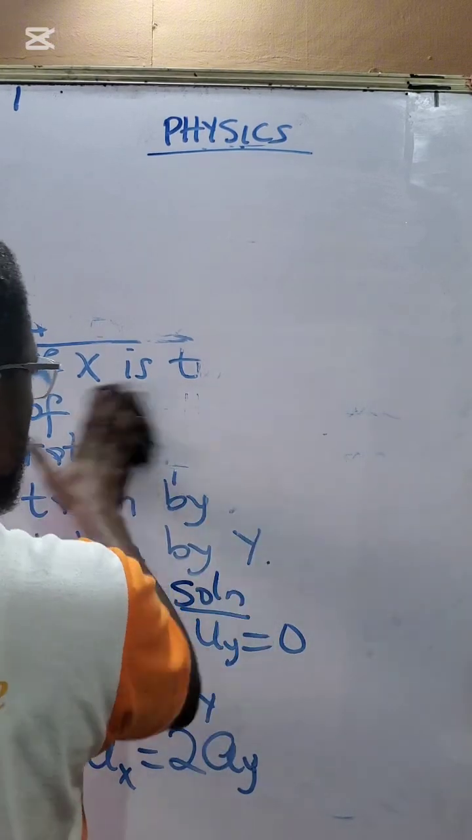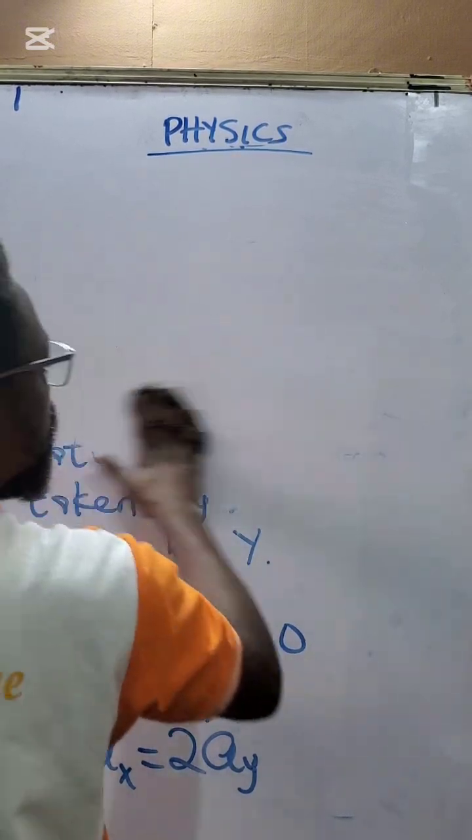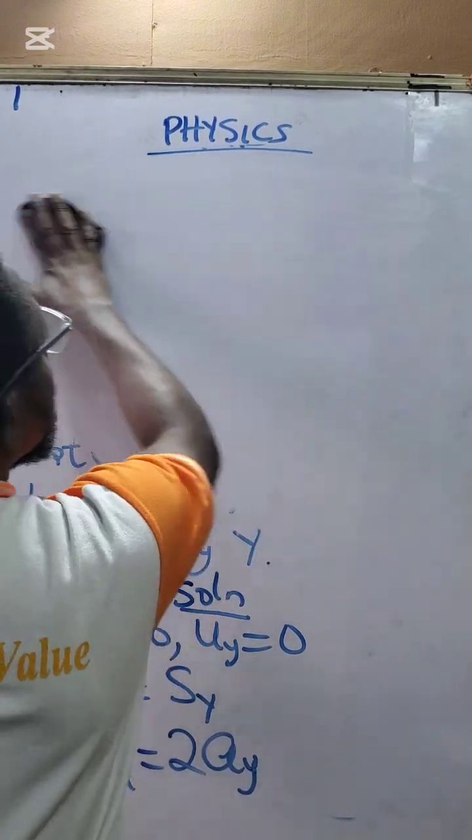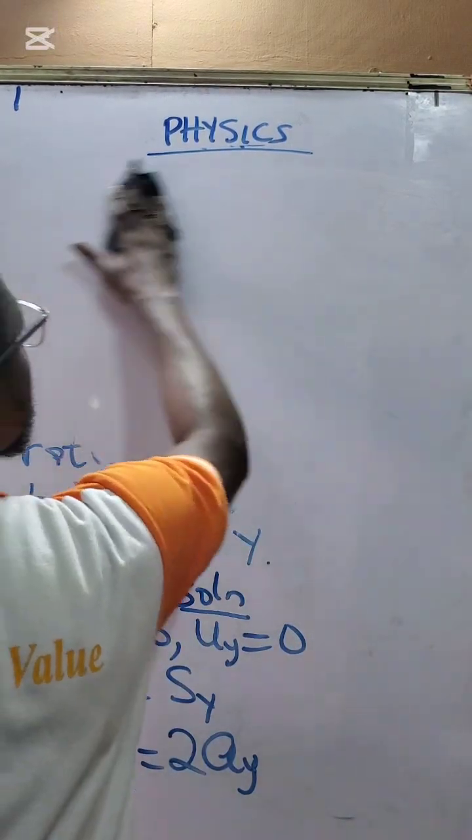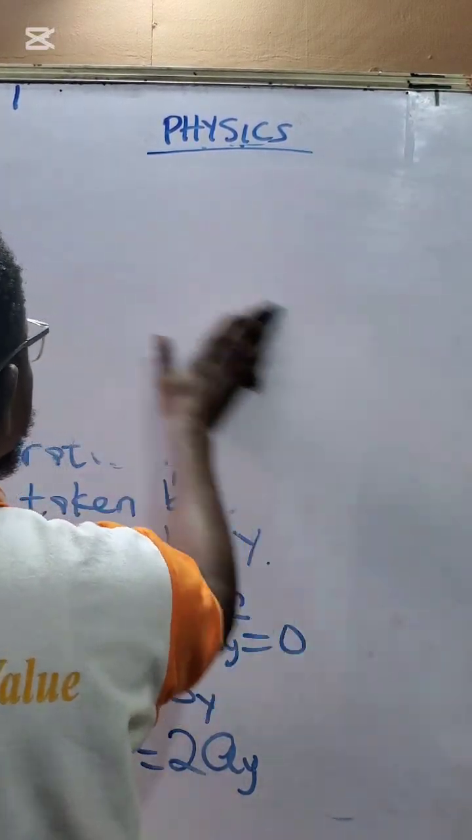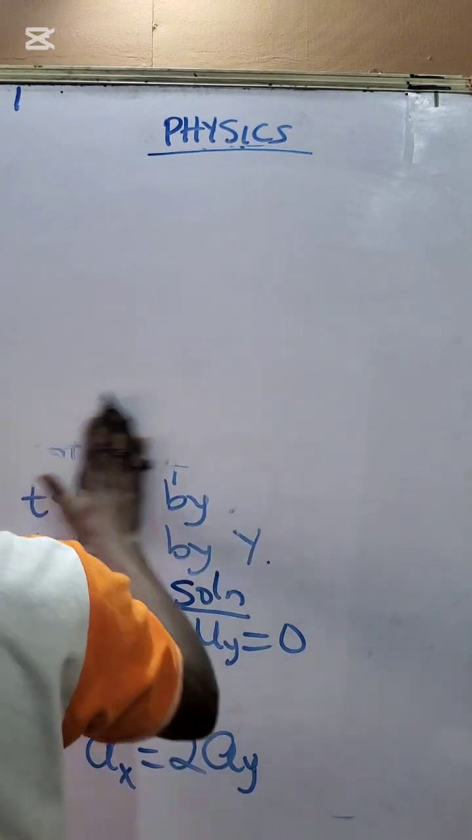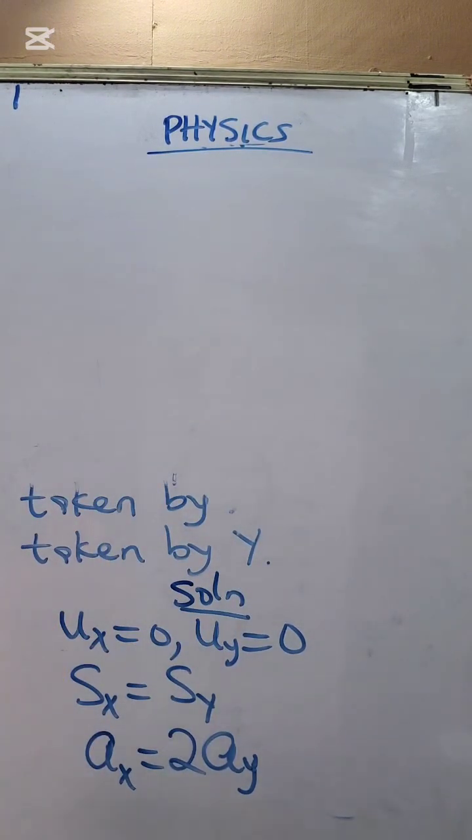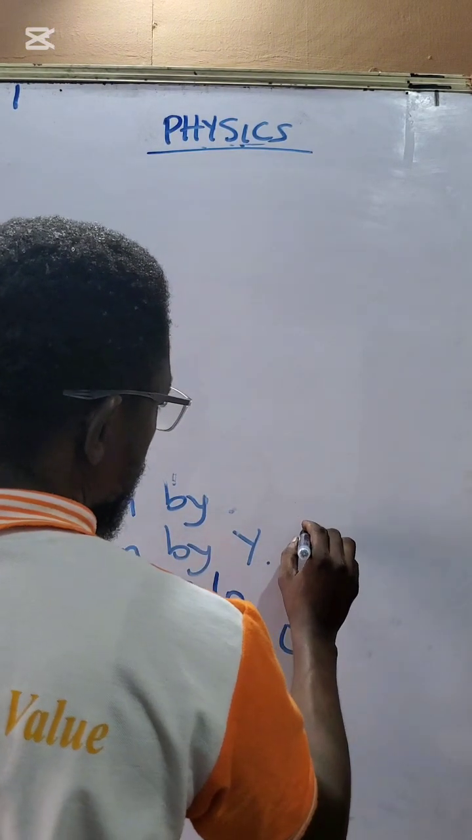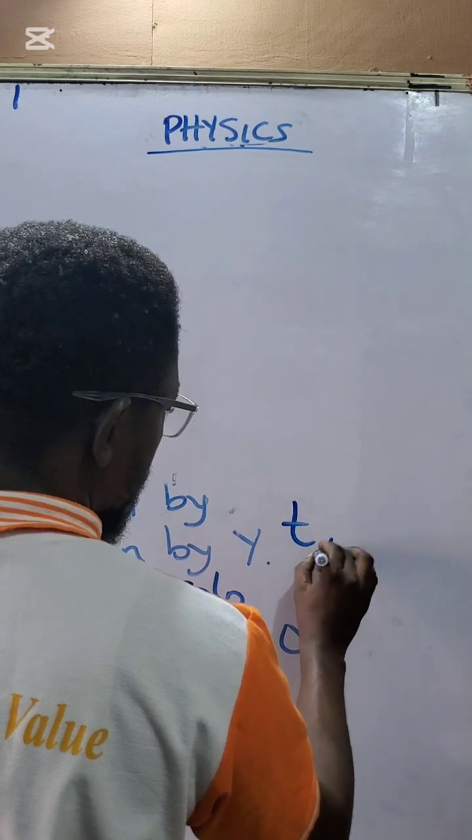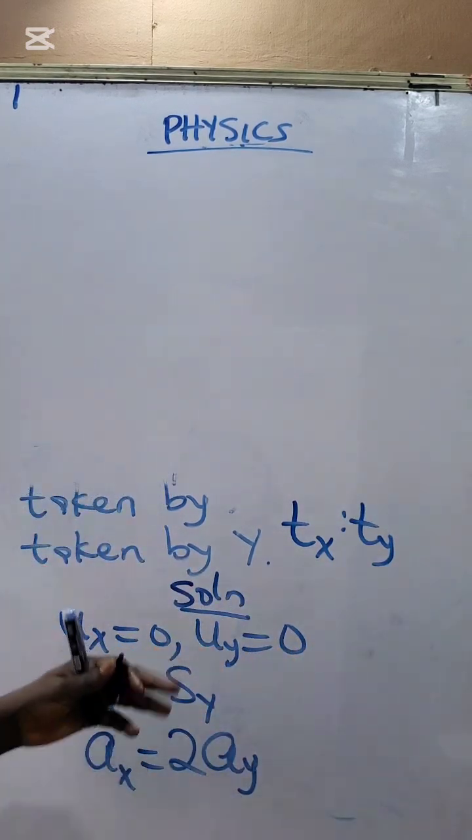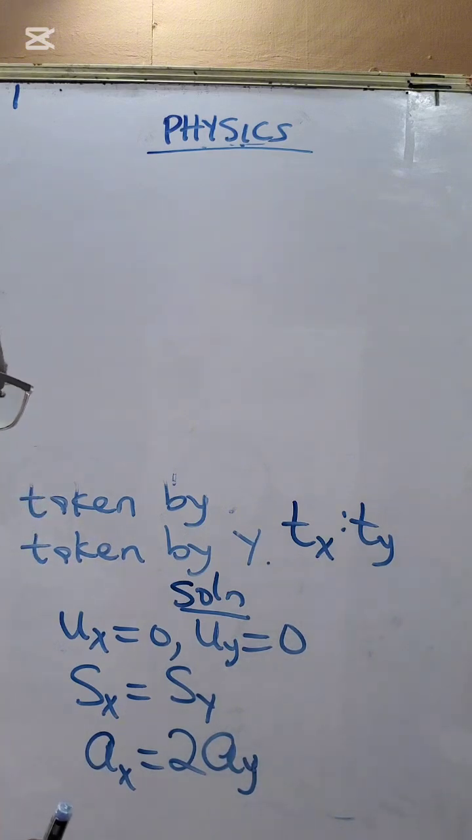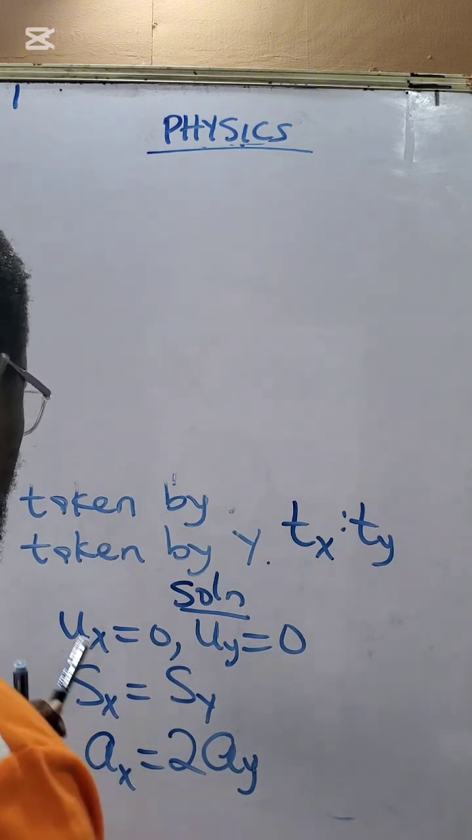Now, if you have a question like that, ratio of time taken by X to that taken by Y. What we are looking for is the ratio of the time taken by X, to the time taken by Y. So you must have this at the back of your mind for you to be able to solve this particular question. Now, we know that since U is 0,